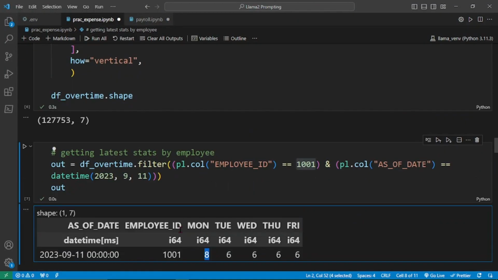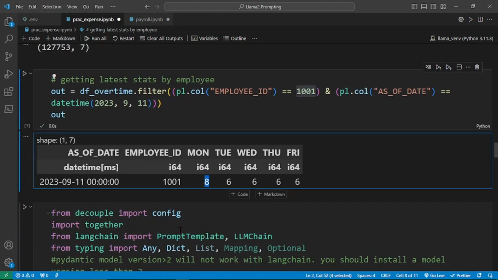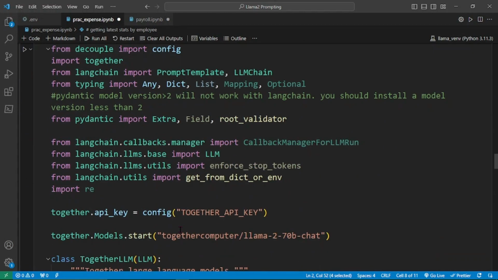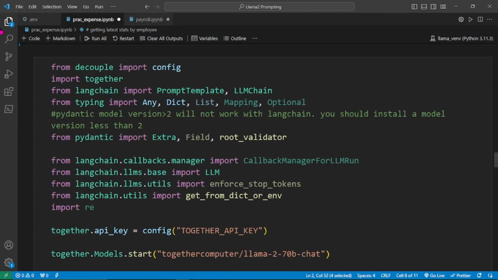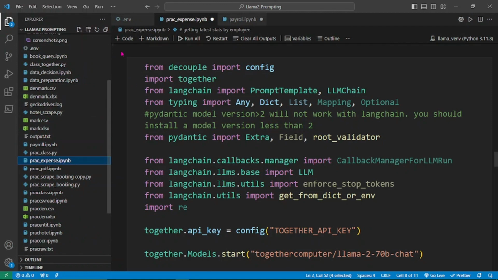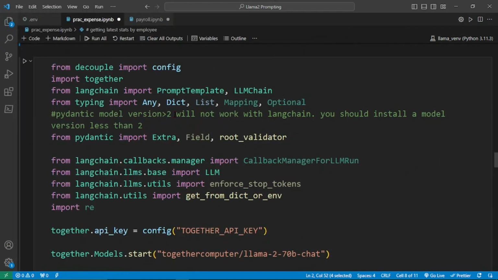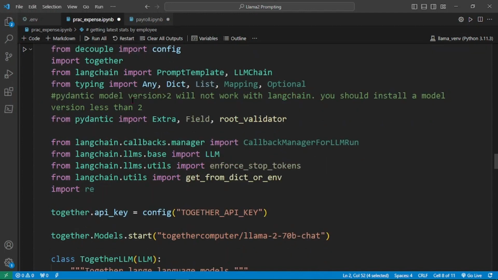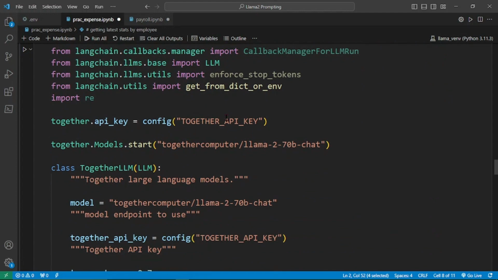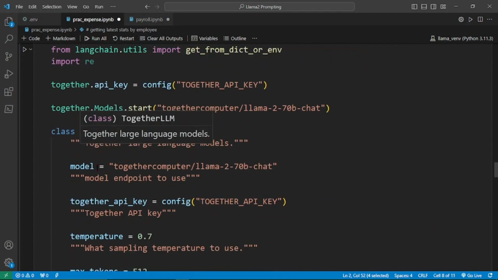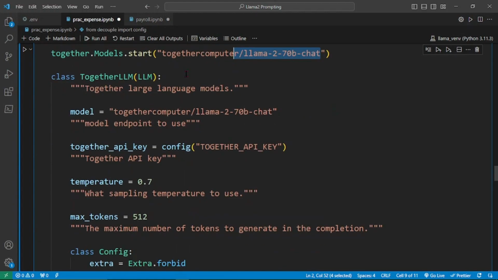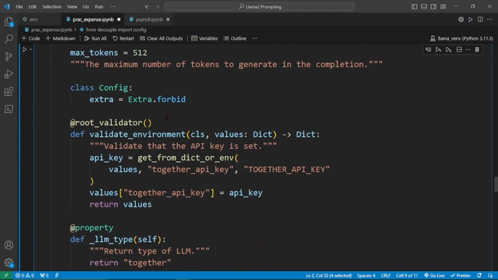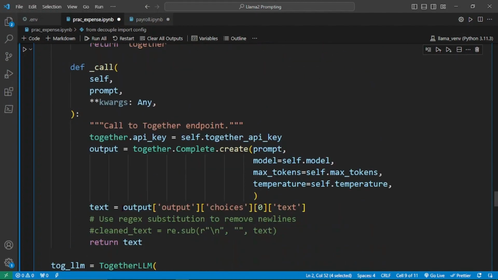Now there is some change that took place. Let's check if Llama 2 can catch this anomaly. For that purpose, the first thing that we need is to call the Llama 2 config. From the Together AI class we are calling Llama 2, as you know how to handle this by now. So again, all the things are remaining the same. We are calling the Together API key, and then we are initiating the model, that is the Llama 2 70B chat model, and the Together LLM class is ready, and it will reply with an output that will be text,